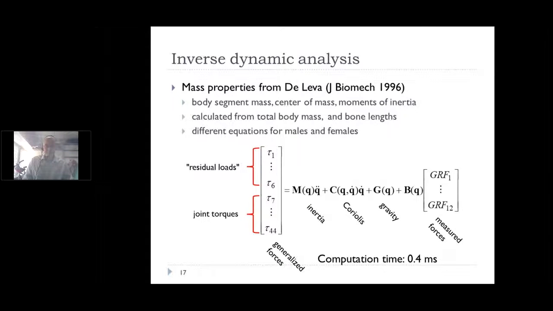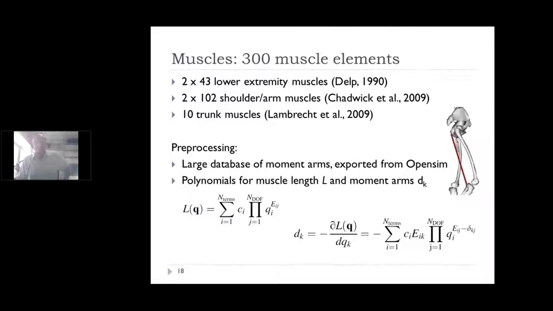So now we have our joint moments. The next step is the muscle analysis. In the full body model, we have 300 muscle elements, and they come from various sources. The lower extremity muscle models come from Delp's work that was published in 1990, and there are 43 in each leg. Then there are 102